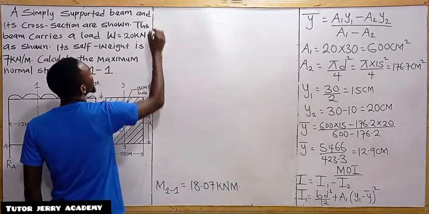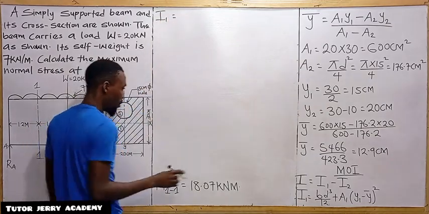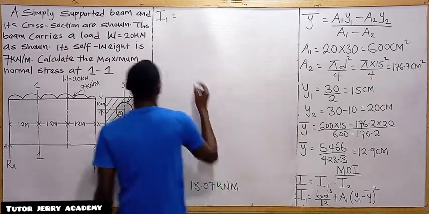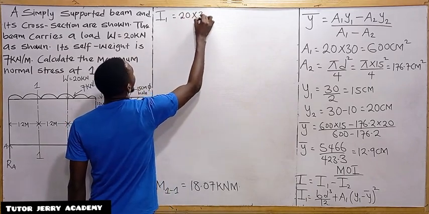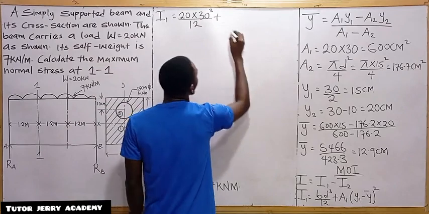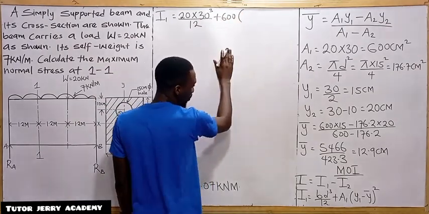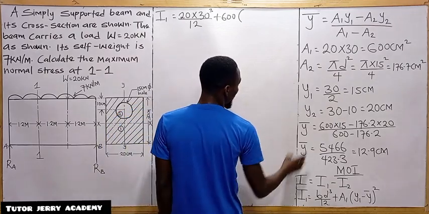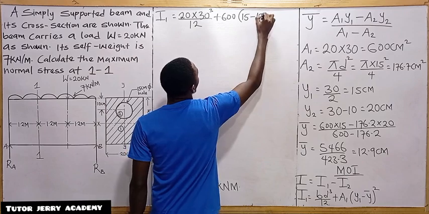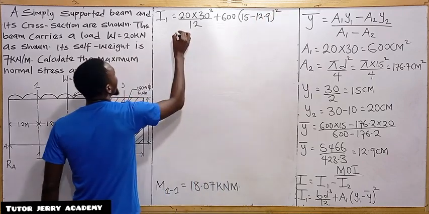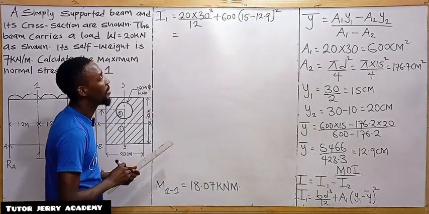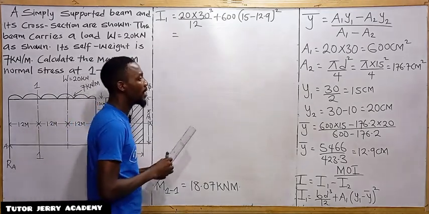All right, so now if we substitute there, this is I1. Our I1 will be equals to the base of the rectangle and the depth. The depth is 30, the base is 20. So it's going to be 20 multiplied by 30 cubed divided by 12 plus A1. Our A1 is 600 into, we have Y1. Our Y1 is nothing but what? 15. So 15 minus Y bar. What is Y bar? Y bar is 12.9 all squared. All right. So this will be equals to, so if you solve this, you press this in your calculator directly, you are going to have your I1 to be nothing but